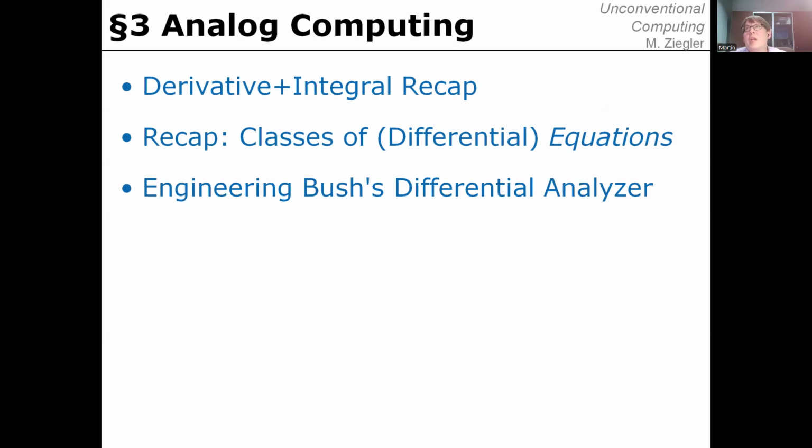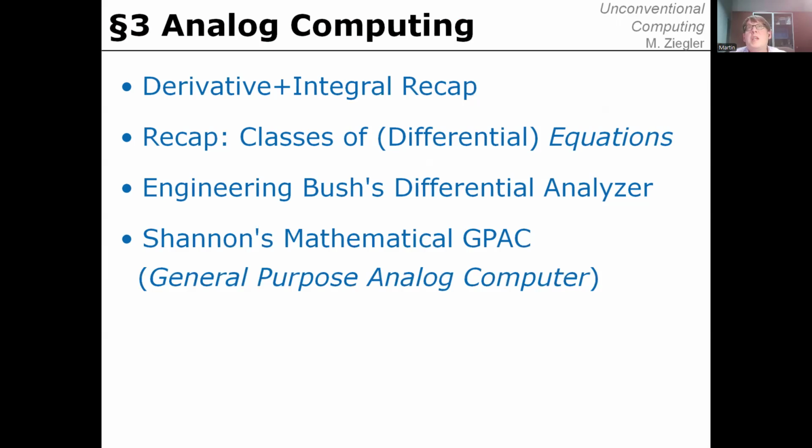Then we talked about engineering, namely Bush's differential analyzer with the 3 gates, the gear, the differential, and the integrator, ball disk integrator, and Shannon's mathematical theory of the differential analyzer, the so-called general purpose analog computer model, defined as